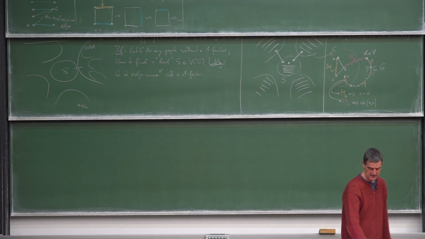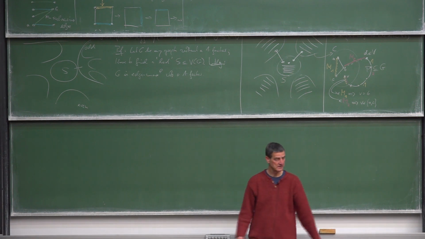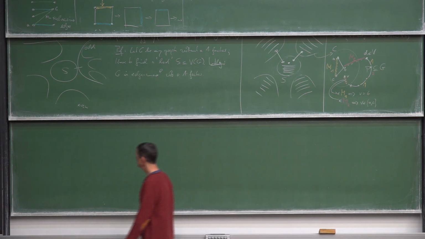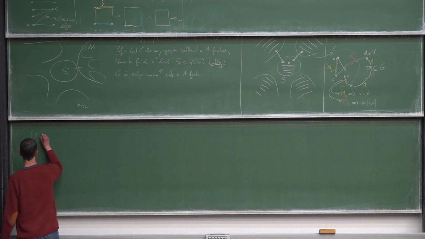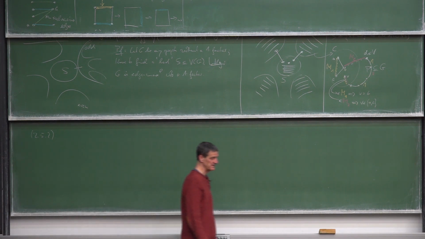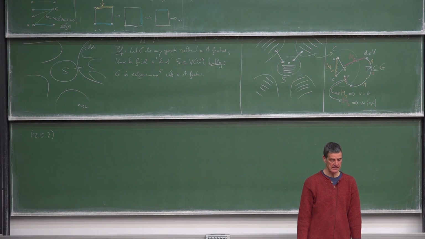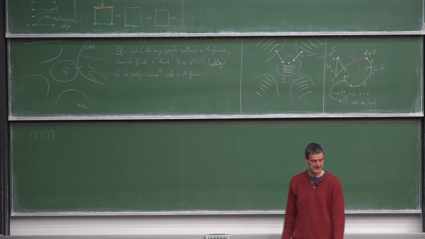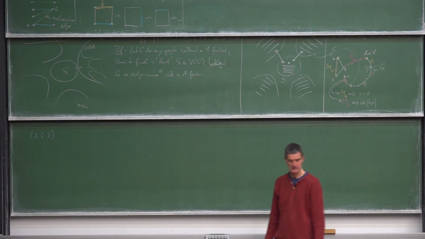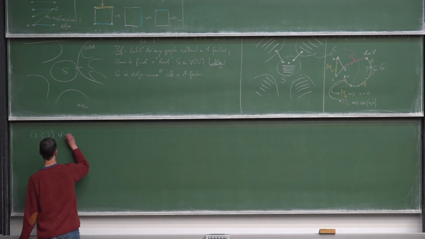Now this is a little theorem about posets, partially ordered sets. That's a theorem of Dilworth, and it says for every finite poset P,